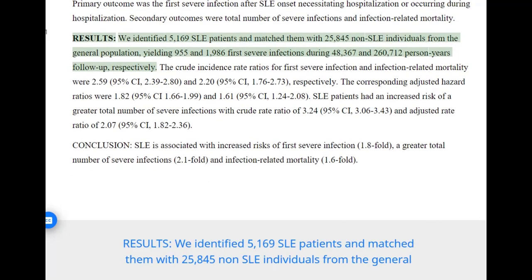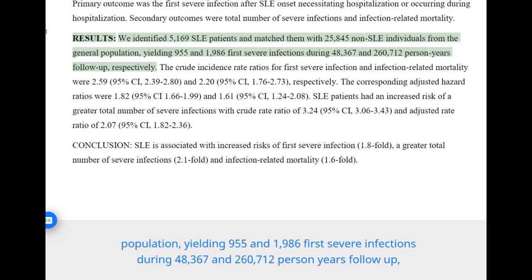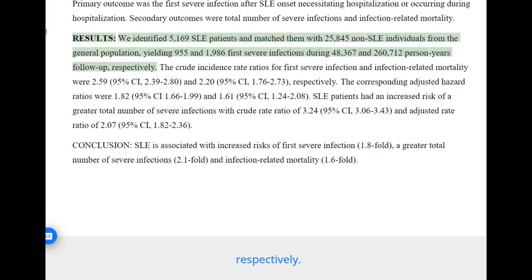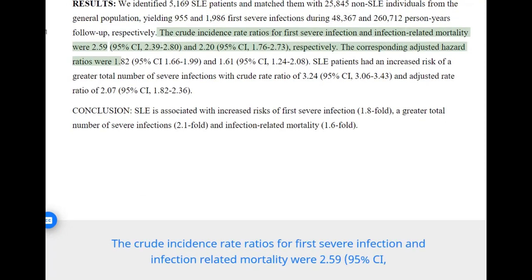Results: we identified 5,169 SLE patients and matched them with 25,845 non-SLE individuals from the general population, yielding 955 and 1,986 first severe infections during 48,367 and 260,712 person-years follow-up, respectively. The crude incidence rate ratios for first severe infection and infection-related mortality were 2.59, 95% CI,